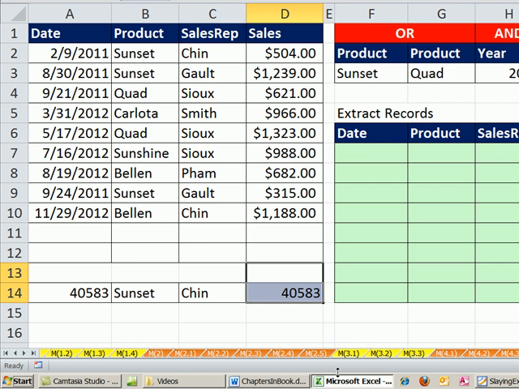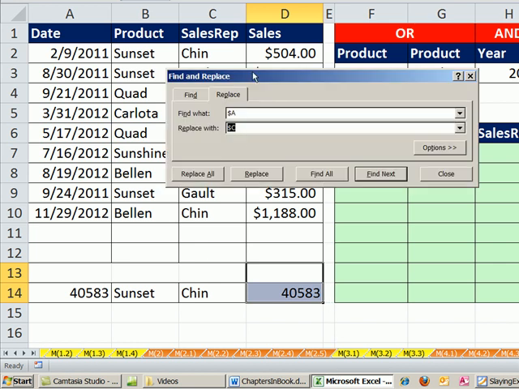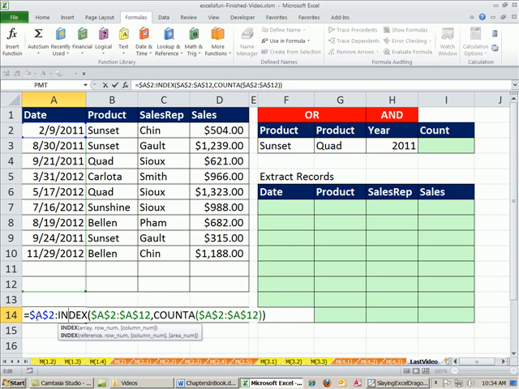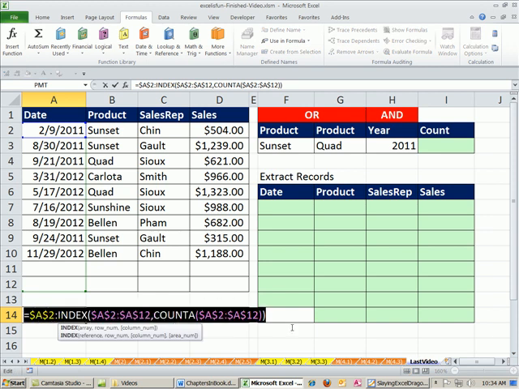I'm going to highlight this. Control H. I'm going to find $A and replace it with $D. Replace all. Click OK. So that's using find and replace to find parts inside of a formula. All right, now we're going to copy and paste these into our define name dialog box, which is the name